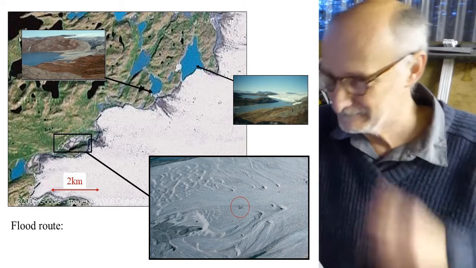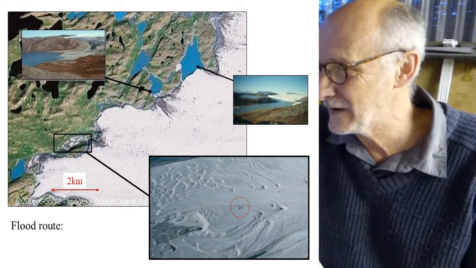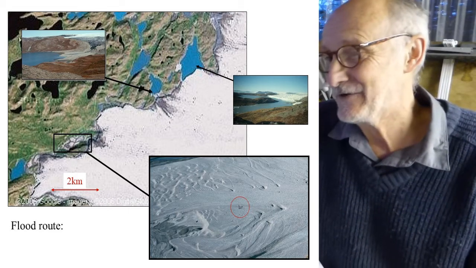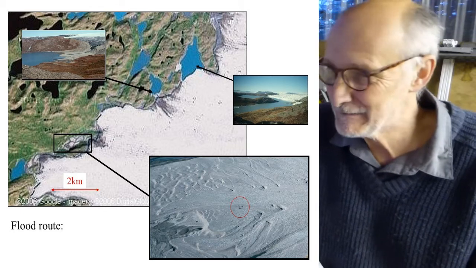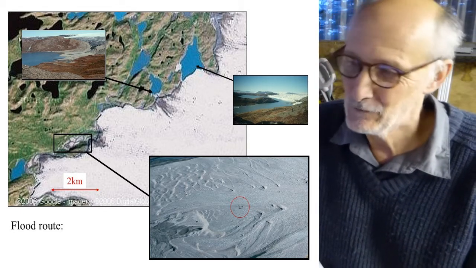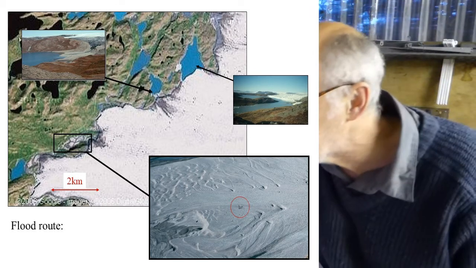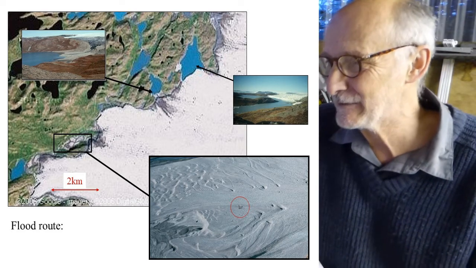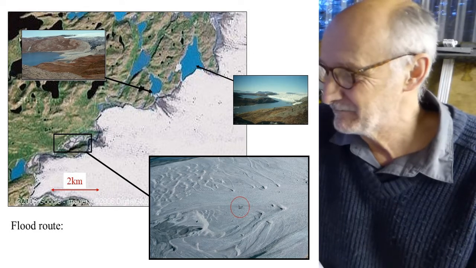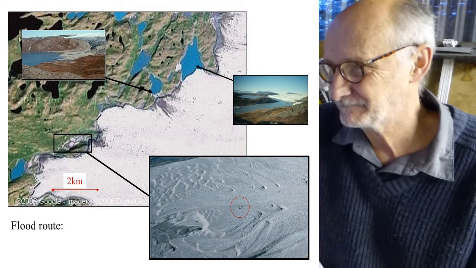On this satellite image, you can see on the right-hand side a label where that ice-dammed lake is, and then the water occasionally drains from that lake into the glacier, and emerges where that middle photograph is pointing its arrow, which is where the delta was. Then the water flows off to the left of the picture, past that photo you've seen before. The little circle there is putting a ring around a group of people standing on the sandur, the outwash plain, to give you an idea of scale. But that's where the water subsequently goes past.